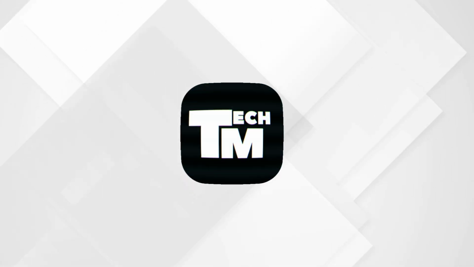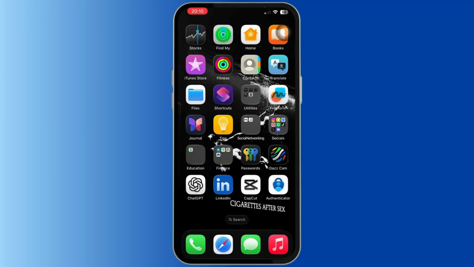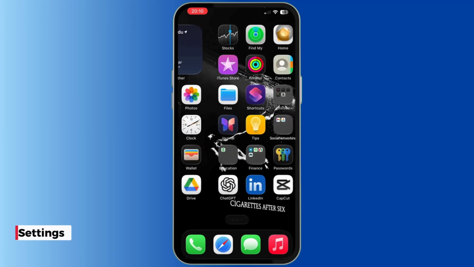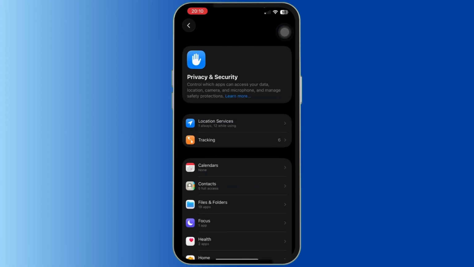How to fix your My Location not working on your iPhone. So, this usually happens in Messages or Find My app when you try to share your location and it does not work. So, for that, first of all, open up Settings, scroll down, tap on Privacy and Security, and now